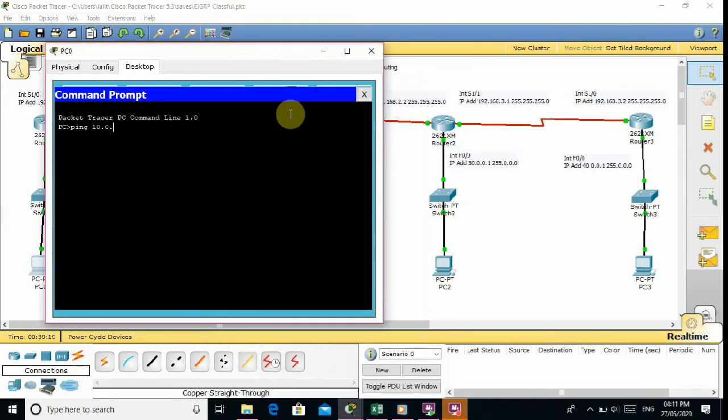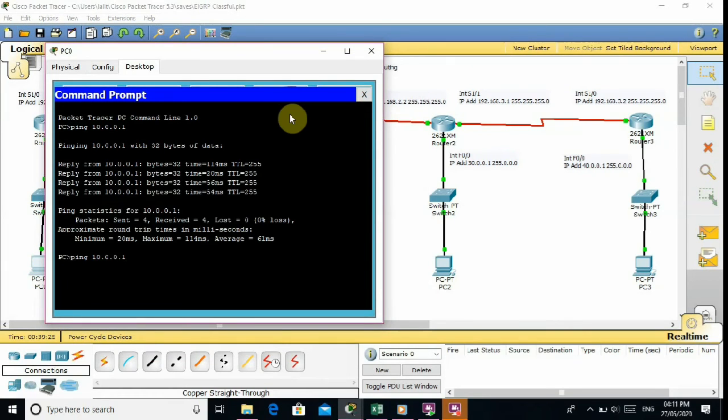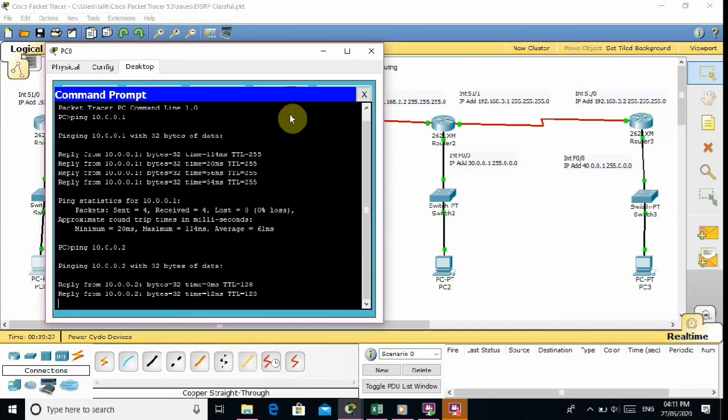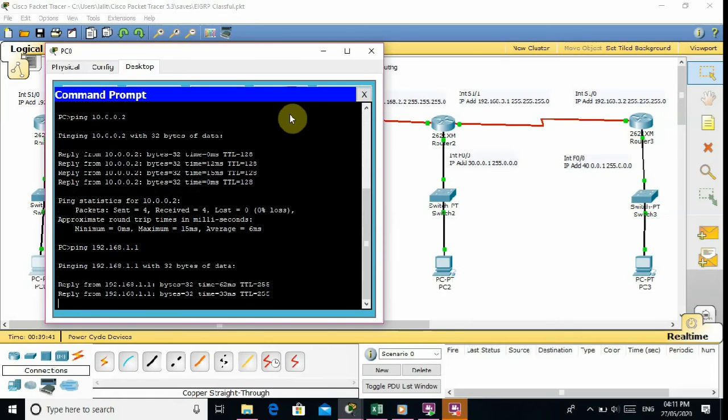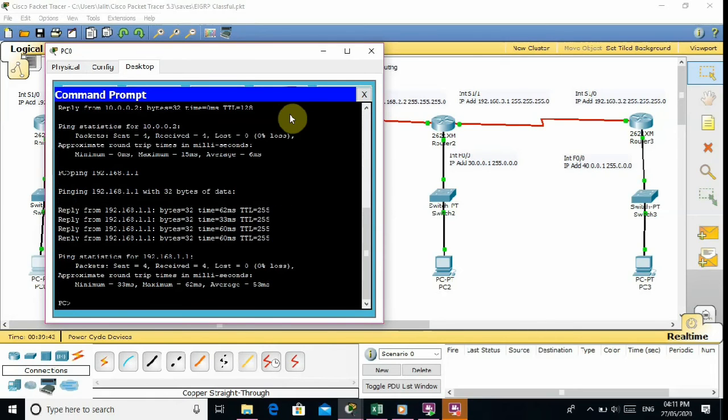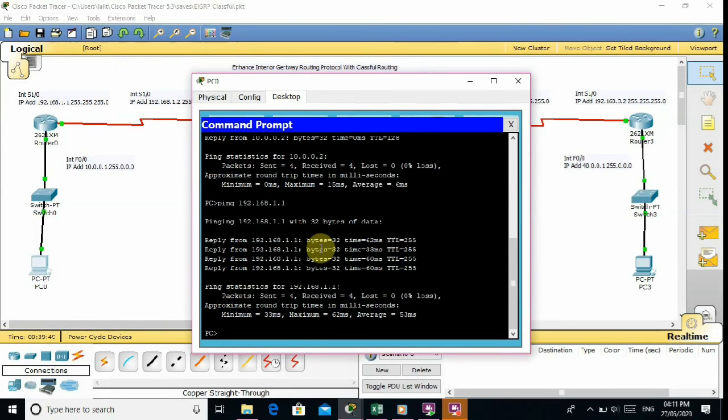Now I will ping from router 1 to the desktop, that is 10.0.0.2, and now I am pinging 192.168.1.1, that is the router first serial 1/0's IP address. This ping is also done. There you can see this configuration is done. Now I will ping on router second, that is 1.2.